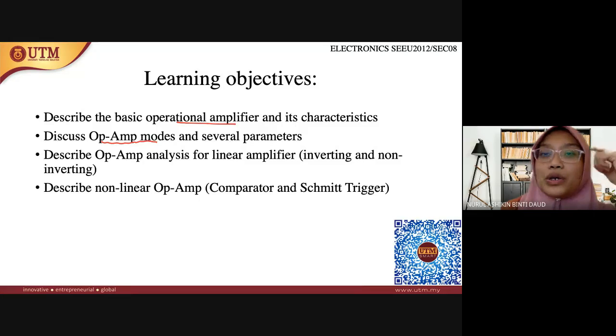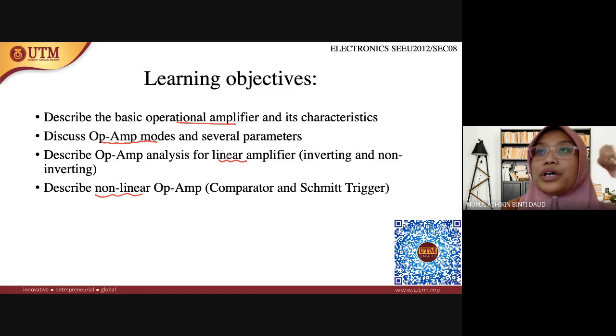And then for OP-amp, it can be divided into two, which is linear or non-linear. So we're going to look at both applications. For today, I hope we can finish the linear amplifier, or if not possible, we will continue